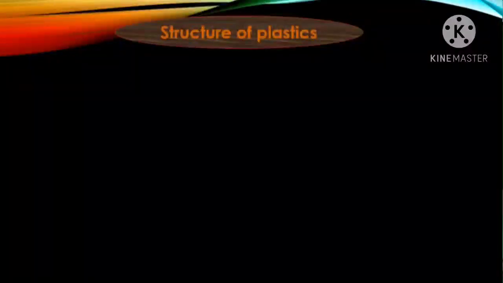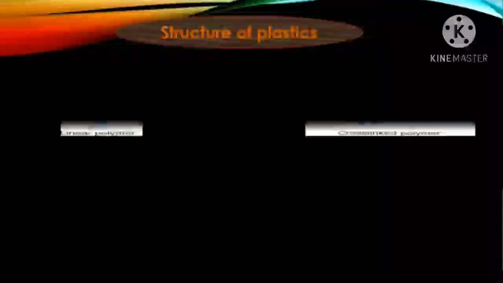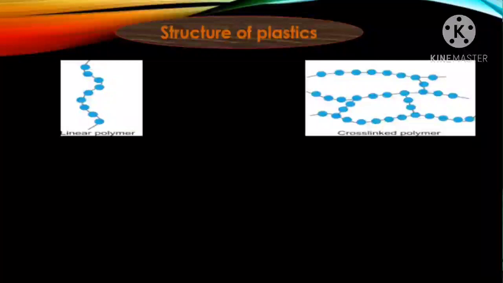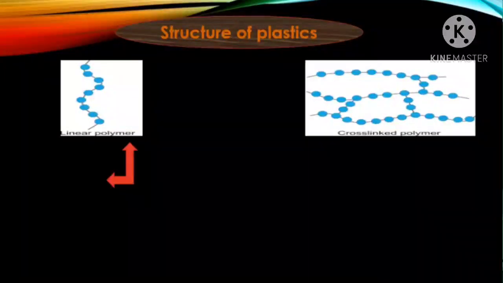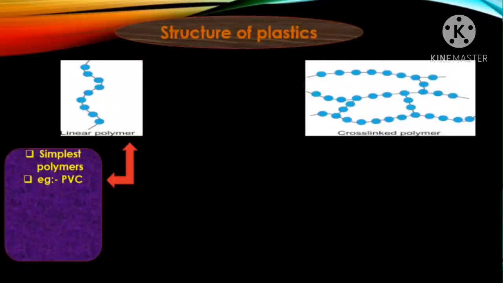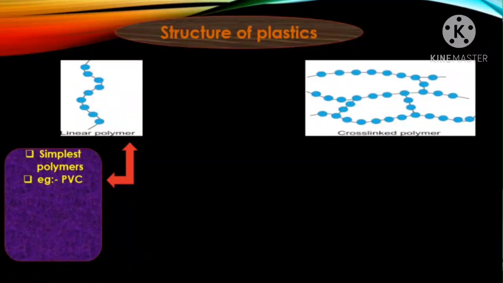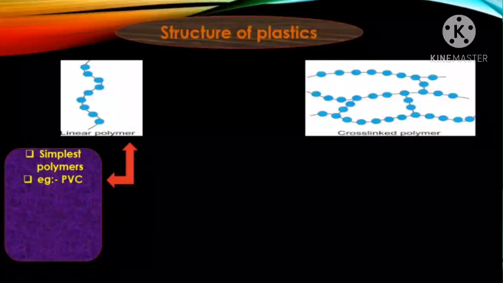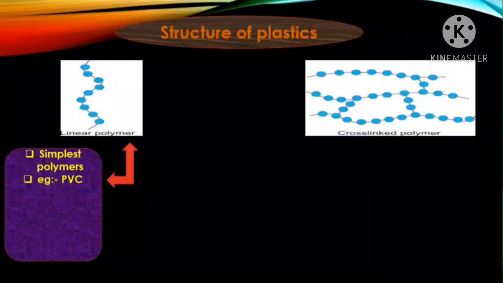First and most, we must know the structure of plastic. Basically, plastics are made of linear polymers and closed-link polymer. Linear polymer. The simplest polymer is a linear polymer. Linear polymer is simply a chain in which all of the monomers exist. Linear polymer is a long, continuous chain of carbon-carbon bond with the remaining two valence bonds attached primarily to hydrogen or another relatively small hydrocarbon moiety. One of the examples of linear polymer is PVC.